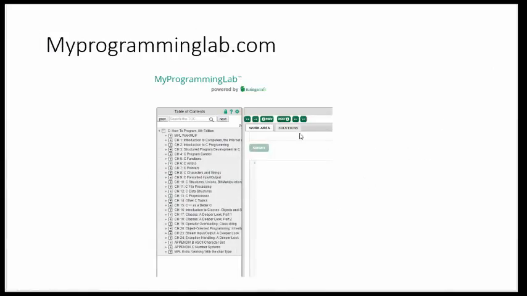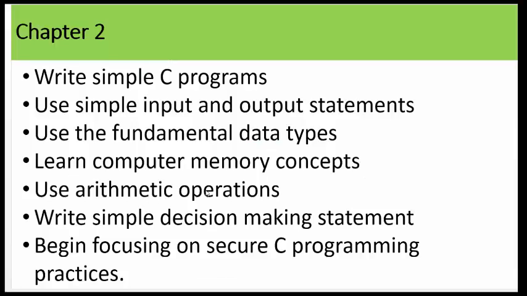This is a further out view of it. So in Chapter 2, you're going to write more simple programs, only you're going to learn about really what every line in your code is doing. You're going to learn to give your programs input and output statements. You're going to learn about the fundamental data types, memory, beginning of learning some memory concepts, how the program is stored in memory, arithmetic operations, our first if statements and controlling the program,